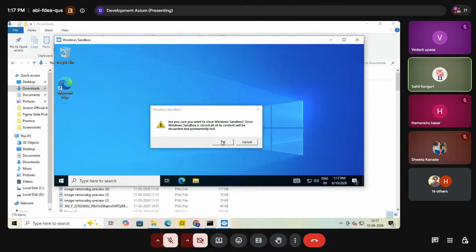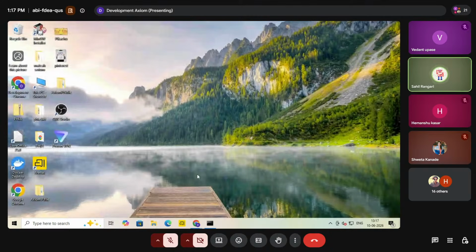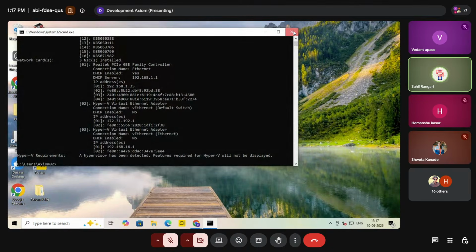If you close it, the entire data of whatever you did in the test mode, in this virtual sandbox, will be entirely closed or deleted permanently. So we don't have the sandbox right now because we closed that.